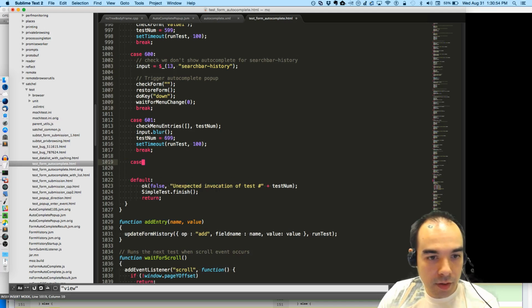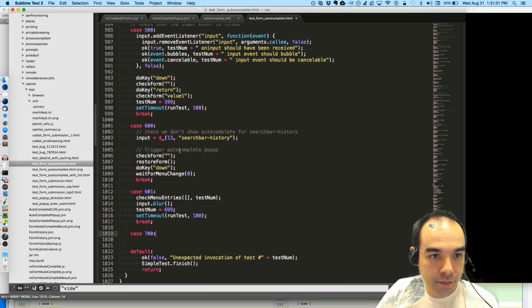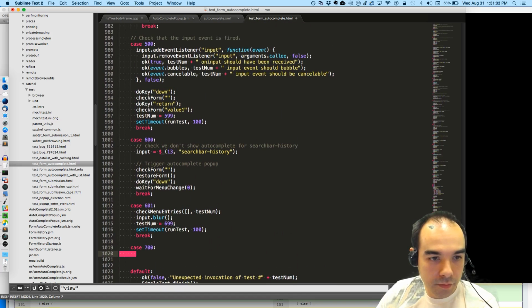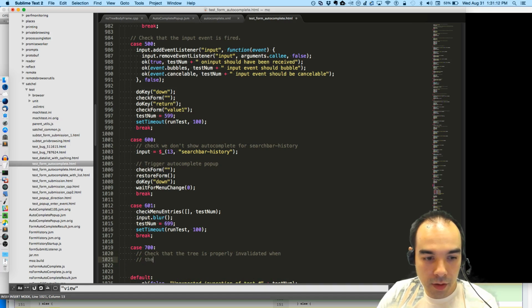Case 700. Tree is properly invalidated when the results are updated.